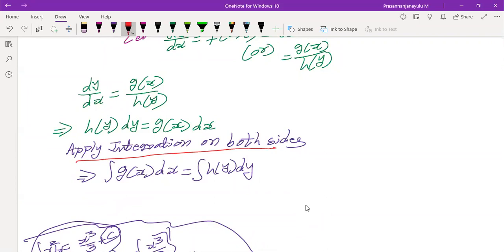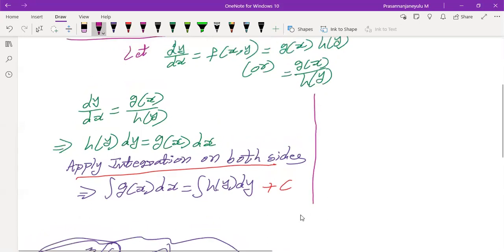According to our discussion, we have to get plus c here, plus c here. Yes or no? Yes, because of the existing g of x term. But from here onwards, we can take either left hand side or right hand side plus c only. Only one c we will take. We are not going to take more than one c. If we have two terms in the given equation, then only one c. If 10 terms, one c only. If only one term is there, only one c we will get. Irrespective of the number of terms, we'll get only one arbitrary constant c.